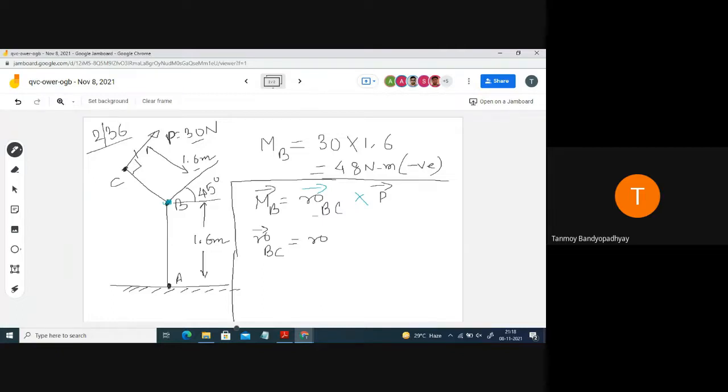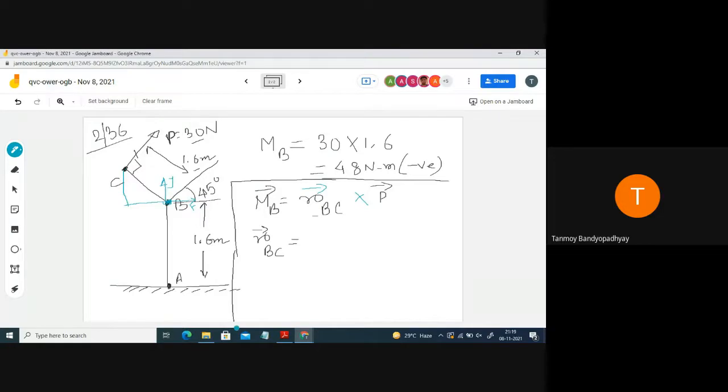Either you can make it as ROC minus OB, and in that way you can do it, or what else you can do is you take this one as the origin itself, okay? So assume that this one is the origin itself. So had this one been the origin, what will be the coordinates of the point C? In that case I have to find out this distance and this distance.